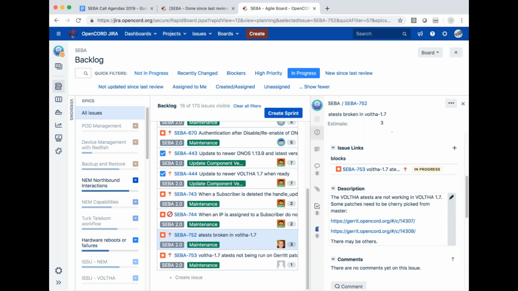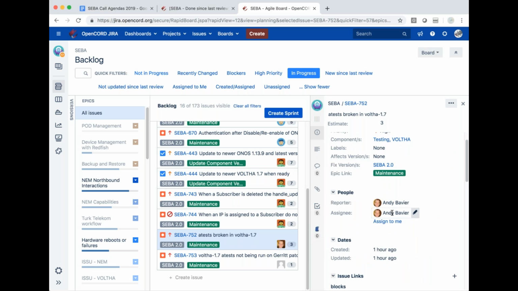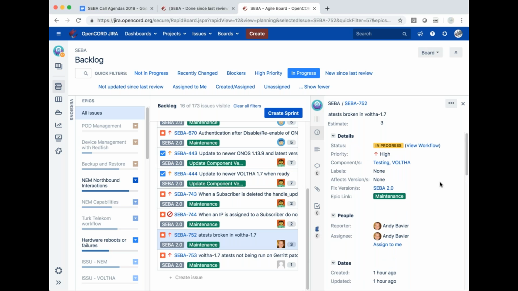Yeah, that's correct. It looks like the tests are behind, and in this branch in particular, there are some patches from master that need to be cherry picked over. So we need to work through which patches are required for getting these tests fixed. Unfortunately, they weren't running on the Volta 1.7 branch. So we need to determine what needs to go in there to start supporting this again. So yeah, I'm picking it up right now. Okay, so I'll assign that to you, Matteo. Yeah, sounds good.